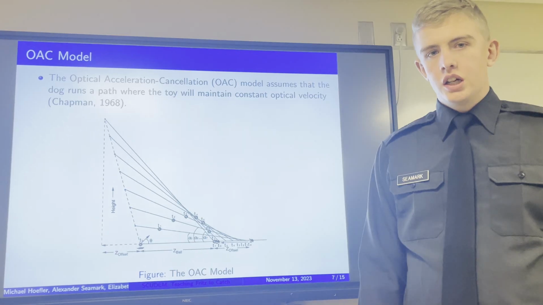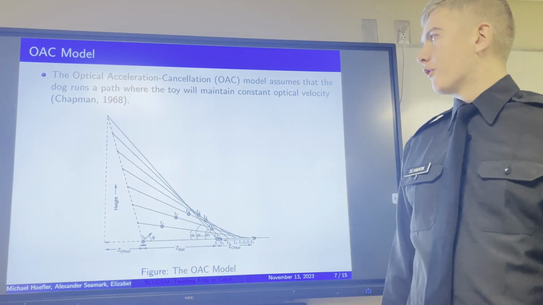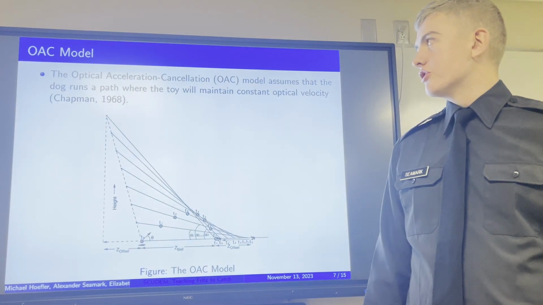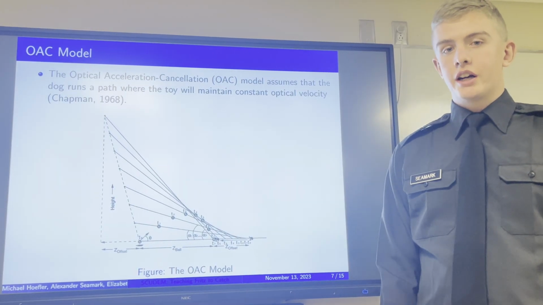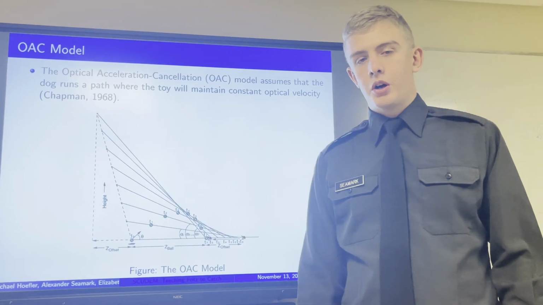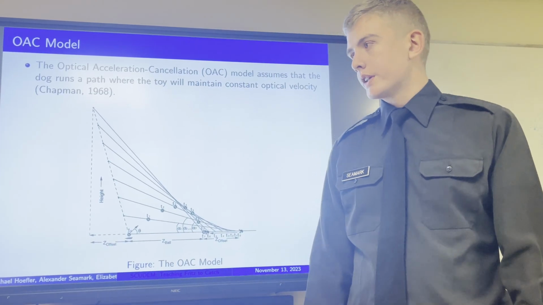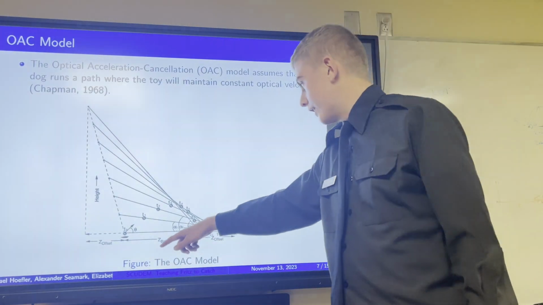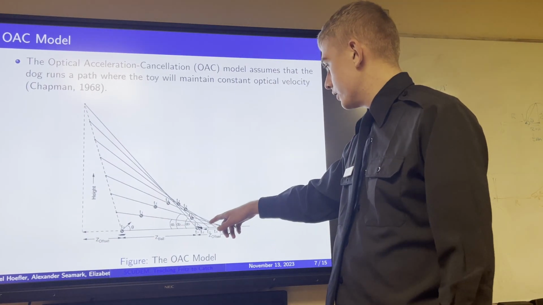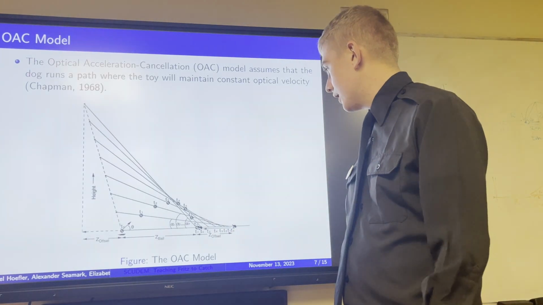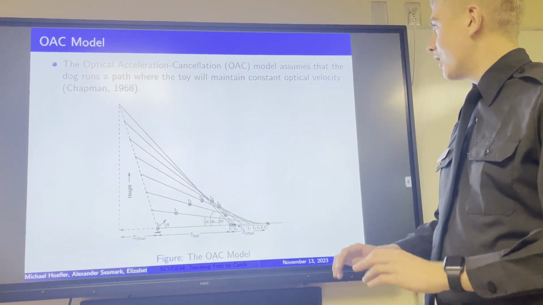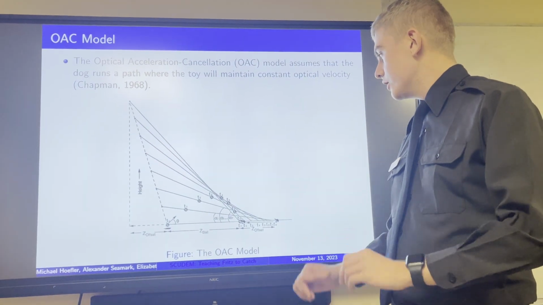treat. To address some of the limitations of our basic model, we did some further research and found a couple more models. One of the models we found was the optical acceleration cancellation model, and this was created by a guy named Chapman in 1968 to look at how a catcher might catch the ball from a batter in baseball. So basically, this model looks at a parabola that follows the path of the ball, and then the catcher will move forward, and he'll be changing the angle at which he's looking at the ball to maintain this constant optical velocity, which is key to catching the ball because